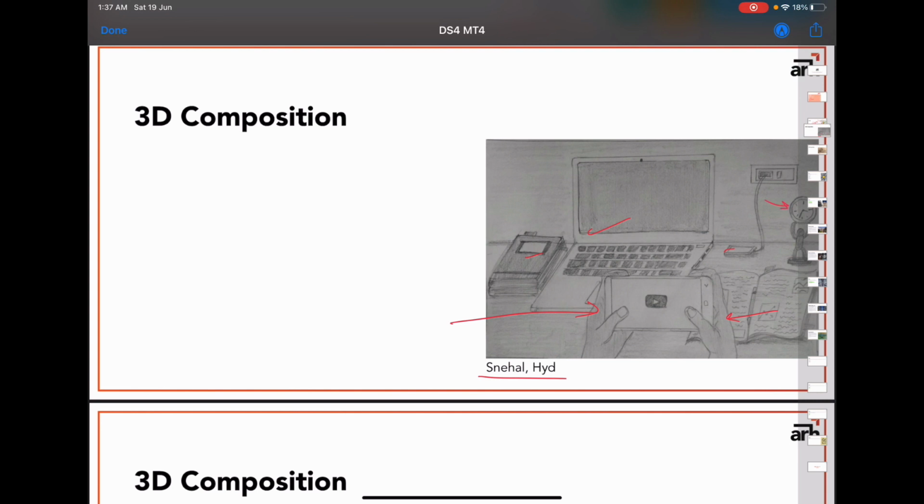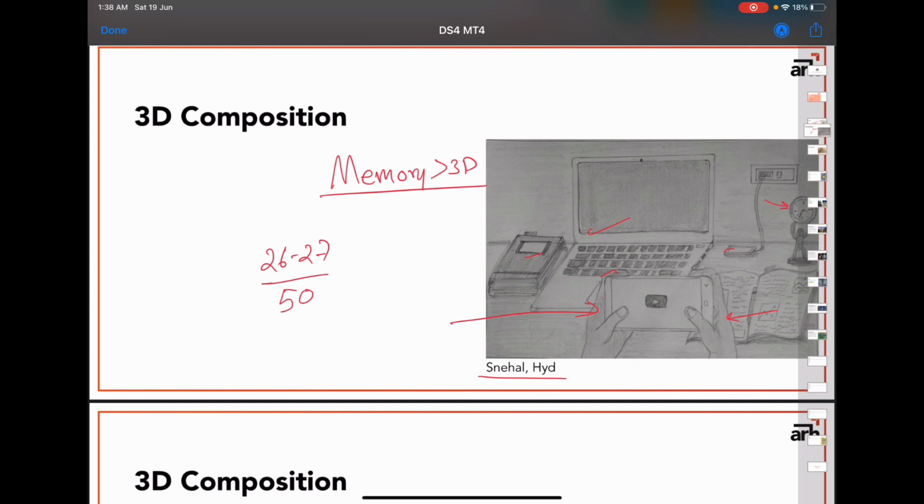But I think in 3D composition, you need to have an outside view or a third person view on this. Don't try to involve yourself into the composition, because it looks more like a memory drawing rather than a 3D composition. Again, if I give marks, given that it is a 3D composition, it would receive around 26, 27, because if this part is taken out, it's a fairly good composition.